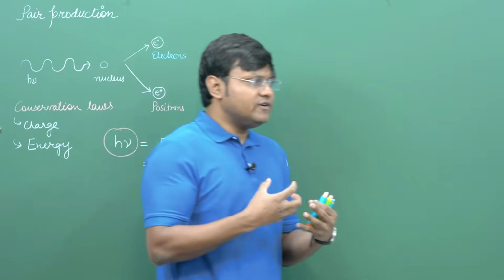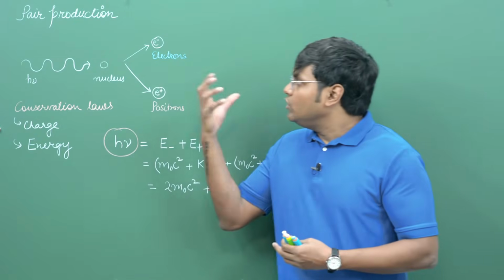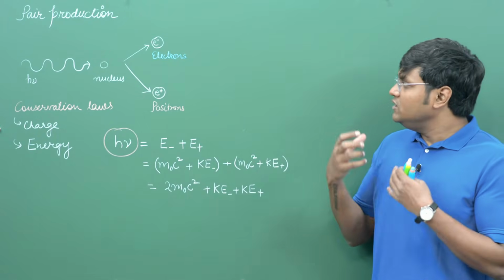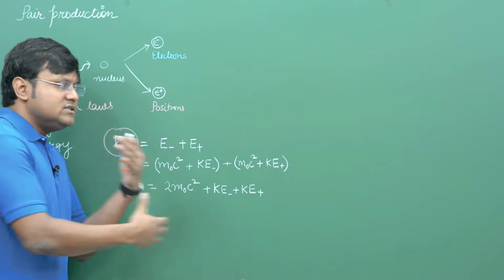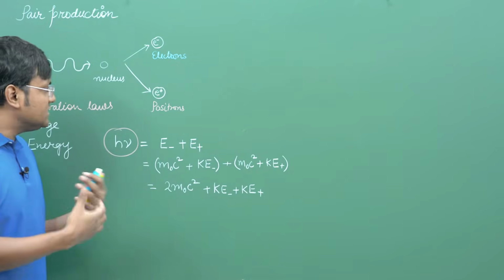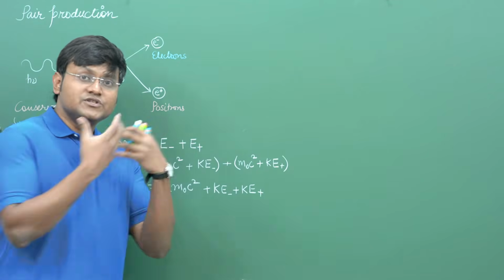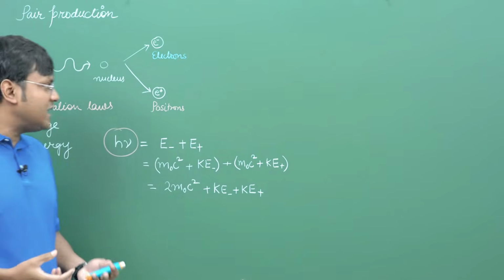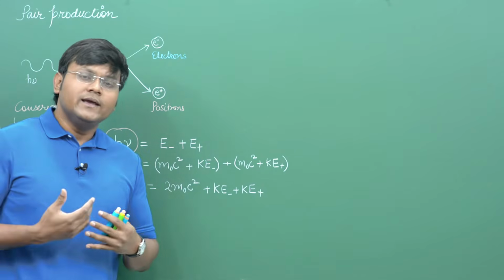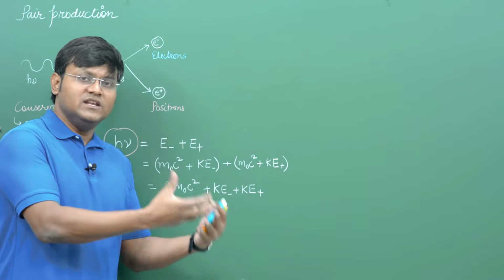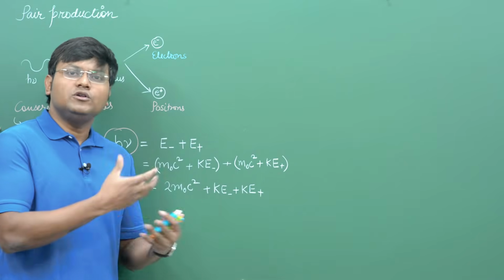The presence of a nucleus is very important in the pair production phenomenon, because the nucleus acts as something that conserves linear momentum. It experiences a certain amount of recoil. In the absence of a nucleus, we will never see pair production happening in the first place. So the nucleus experiences a recoil and thereby balances conservation of linear momentum, and therefore the nucleus also experiences some